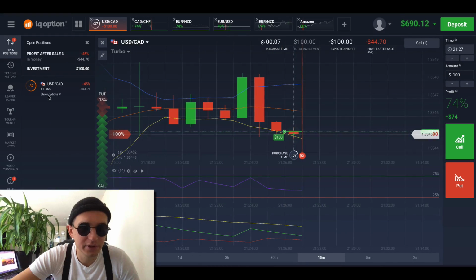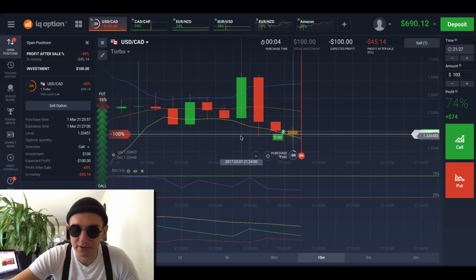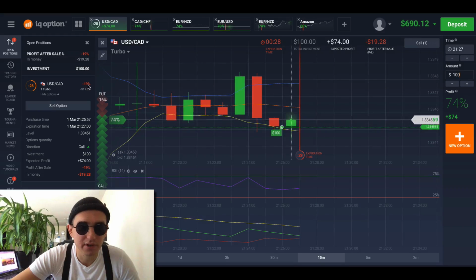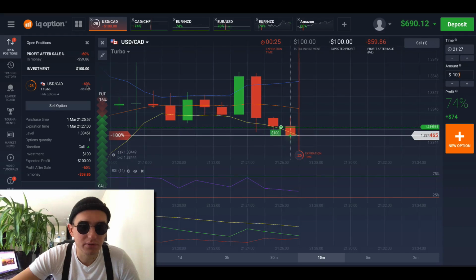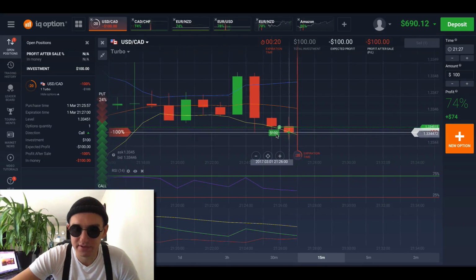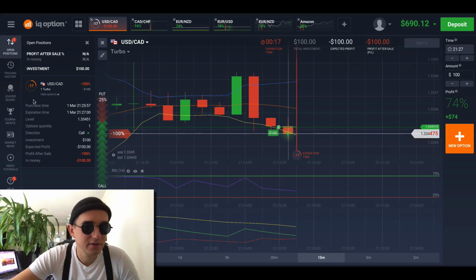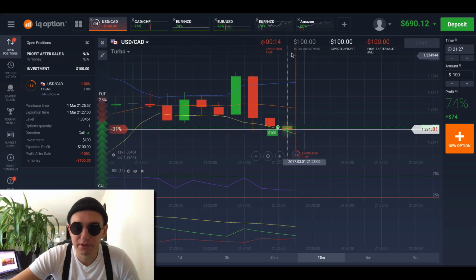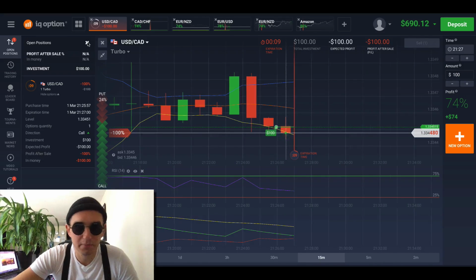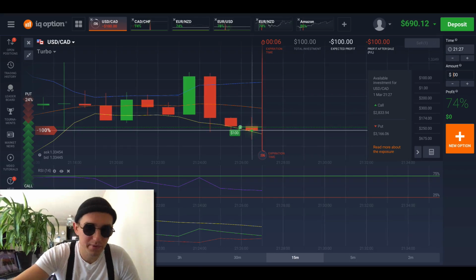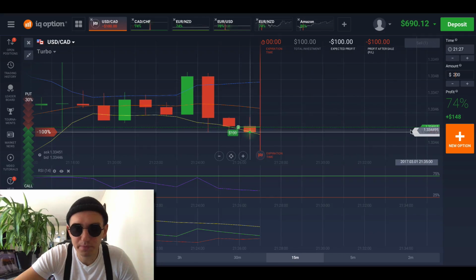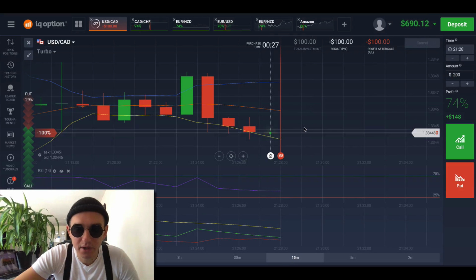And even if we get to know that this was a bad decision, we can still sell this option, and we can lose only, you see that value is always changing, we can lose like 50-60% depending on where the graph is at this moment. And okay, this feature disappeared because we are close to the expiration. Looks like we might lose this one, so I will prepare to martingale. I multiply my stake by 2. Yeah, we lost